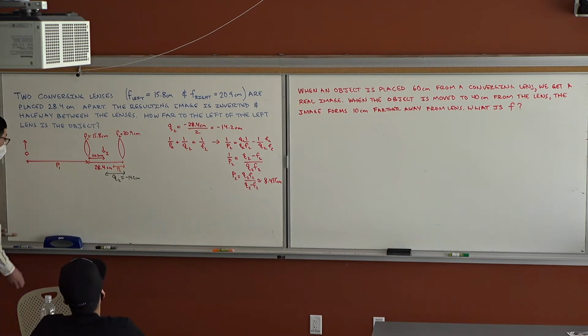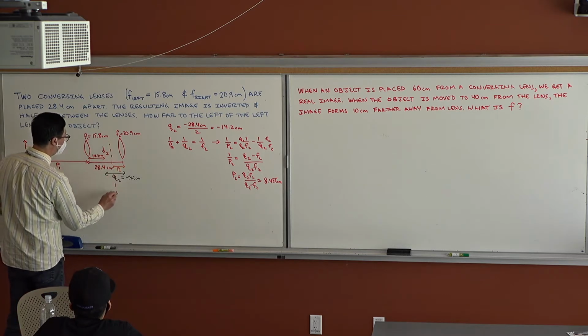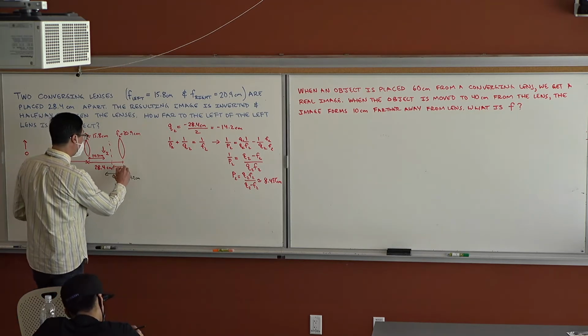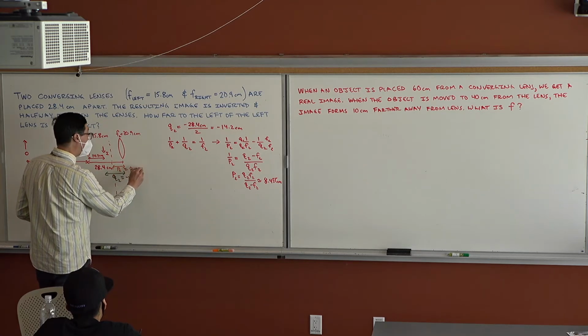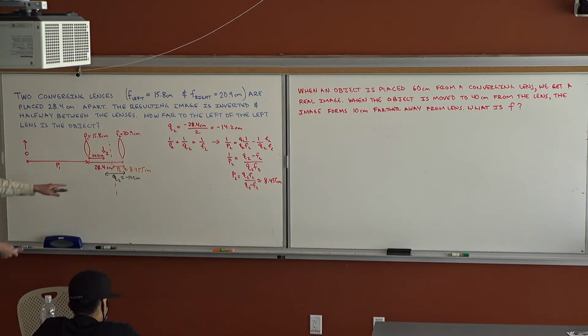So now we know where the image from lens 1 wound up. It wound up right here. And so we know that this distance is 8.455 centimeters. We know this total distance is 28.4. And so